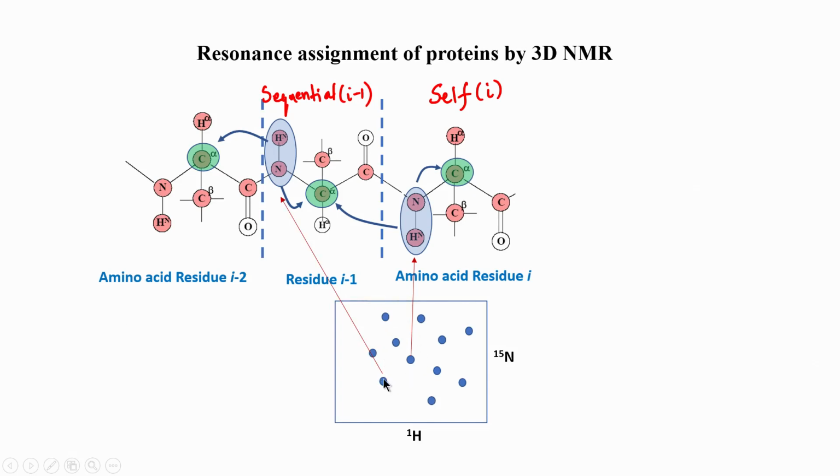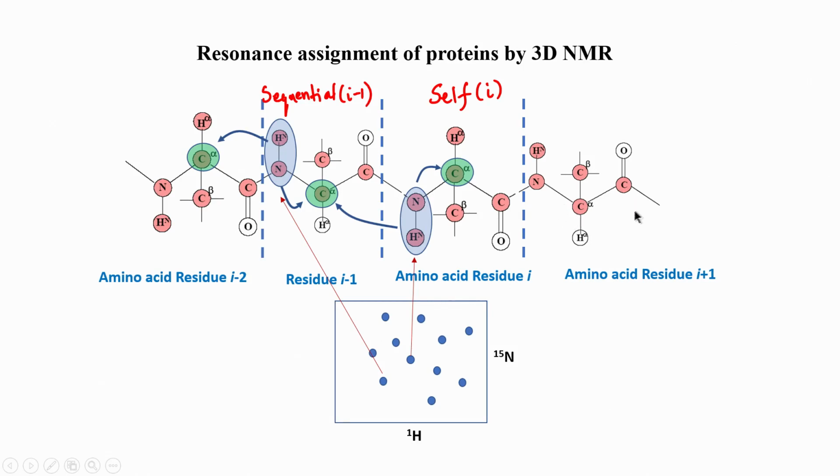Once I have found this peak, I have found the I minus 1 chemical shift, but again I do not know which I number we are looking at, it is just any I. I am not saying that we already know what I is and what number it is, we are just saying some arbitrary I and I minus 1. Now, once I get I minus 1, it will give me correlation to I minus 2, because that will be the HNCA correlation. Again, if I go further, I can get I minus 2 NH by correlating it to this C alpha, which is again from HNCA. So, I basically need some peak which corresponds to this NH in the HSQC, which will now give me correlation to this. We will see this again as we go further.